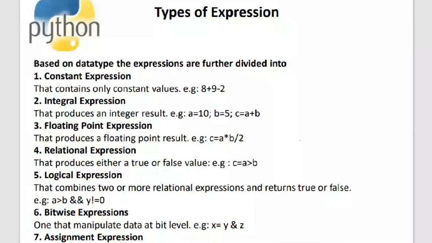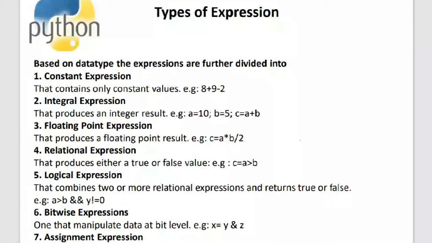So there is a concept which is called operator overloading. What it means is, for example, if I take the operator plus, there are different functionalities of this. For example, if I am trying to say 9 plus 10, in this particular scenario this plus will act like an arithmetic operator. So it will do some addition between these two numerical numbers.